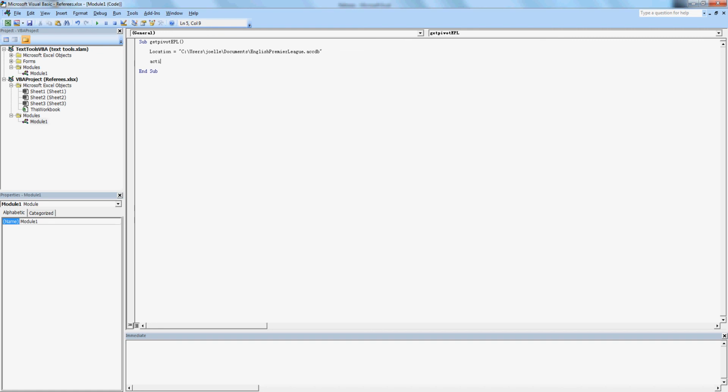And then in the active workbook, I'm going to create a pivot cache, which will be externally based, because obviously the file is from an external database, not inside Excel. And now, since I have to repeat this part of the code 3 times, I'll just make use of with